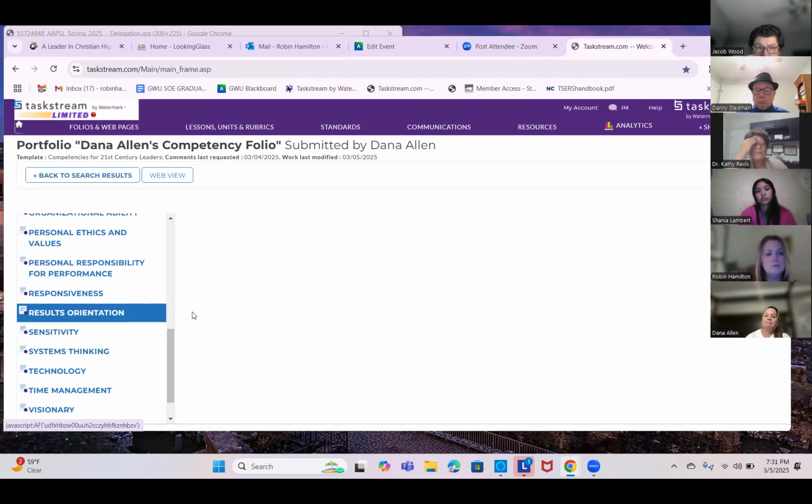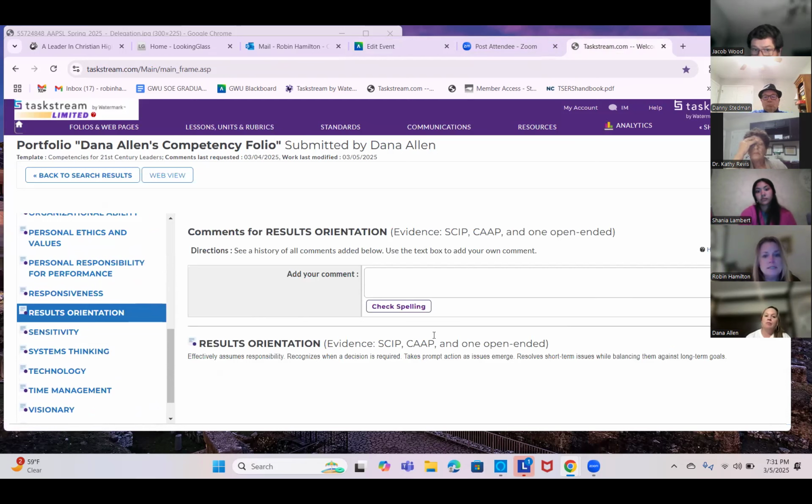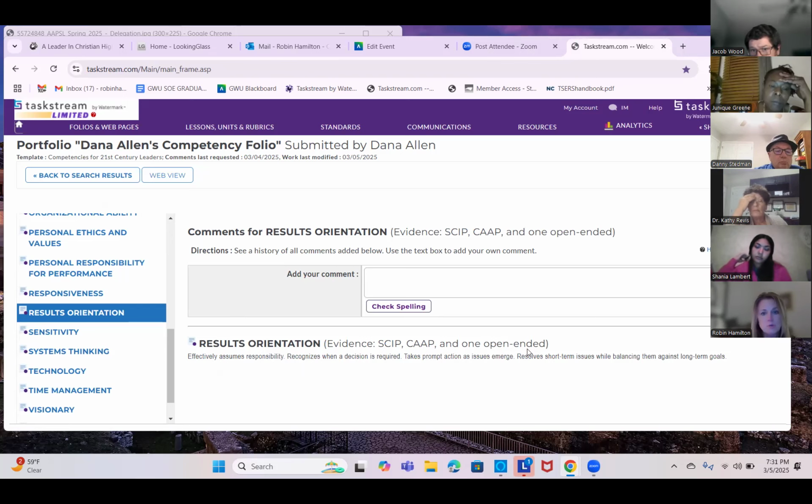But when you go to results orientation, please note that the AAPSL is not one of the evidences that is asked for. So when you do results orientation, you're going to be labeling that as spring 2025 open-ended. So you will not put AAPSL there.